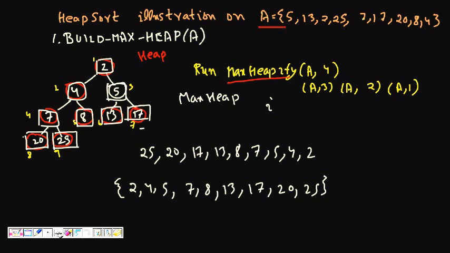And if we try to see the running time complexity of this one, so we had n elements, and for each one of them we called max heapify, so it took log of n time, so it is an O of n log n algorithm. So that is about heap sort, and I hope you understand it through this explanation.